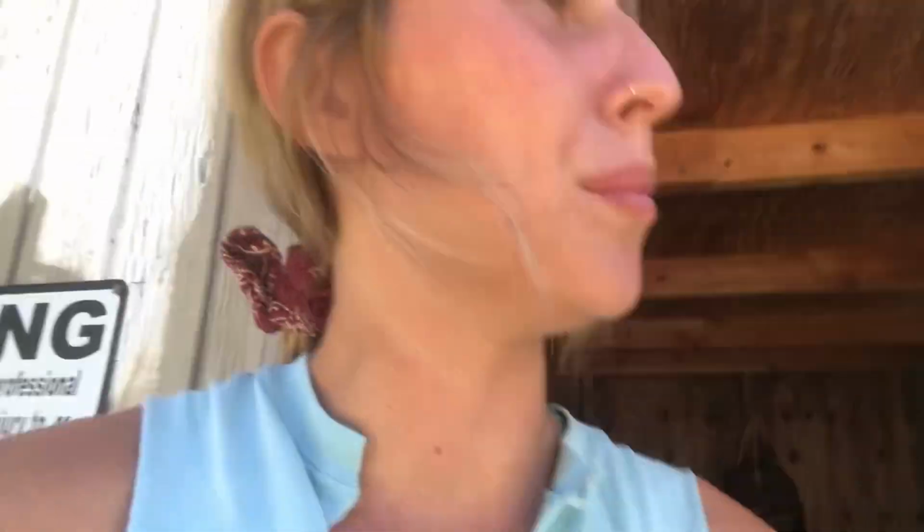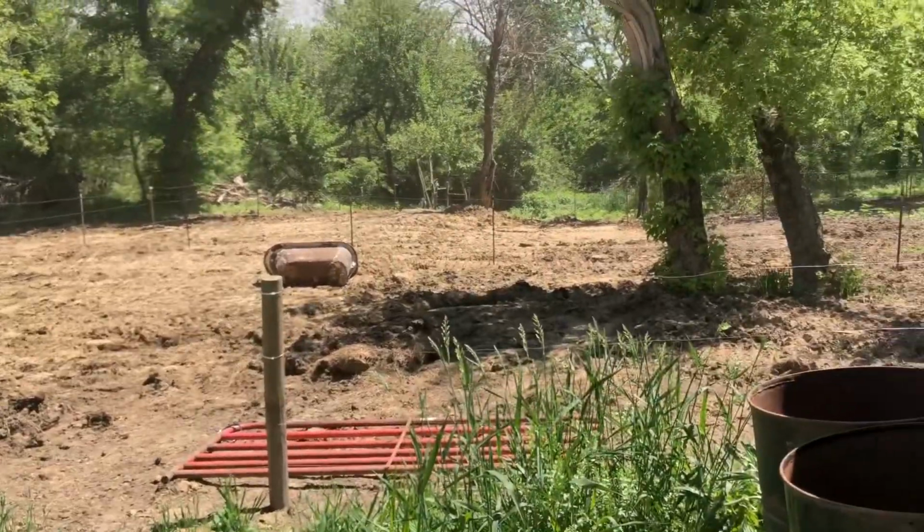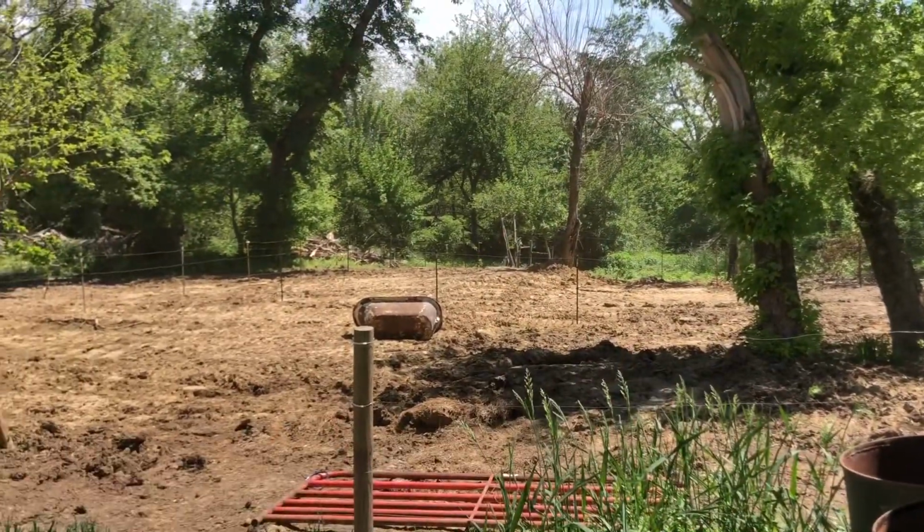But yeah, we'll see how that does for them. Hopefully it'll get a little bit of weight back on them. Really the only ones I don't like how they look are BB and Oakley. Those two are just too ribby for my liking right now. So all right, I haven't really done much more with this since yesterday, since I don't have enough insulators,